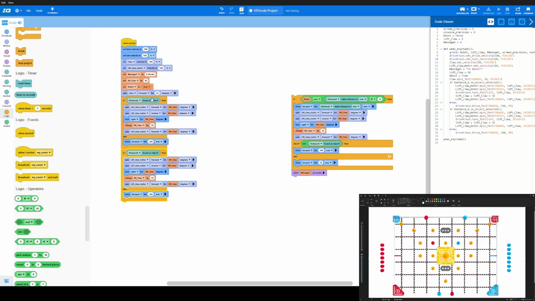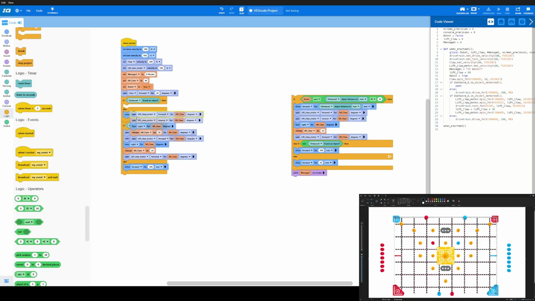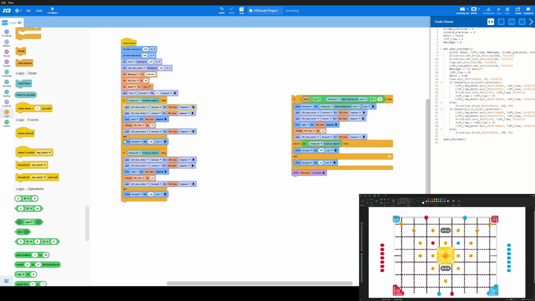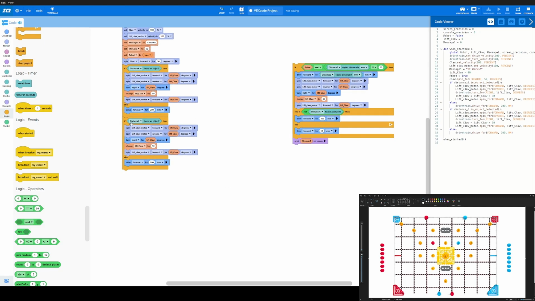So if this is true, then it'll run this code. Else it'll run this code. It'll just go forward. And then I would run it again after this or whatever code has been run. Go again, and then it checks again if this is here, and if it's not, it will go for another